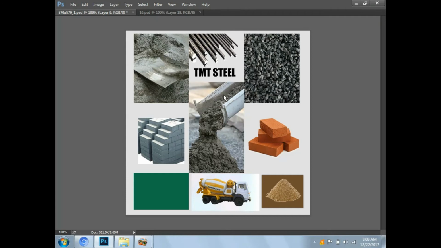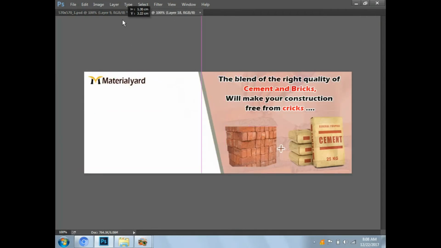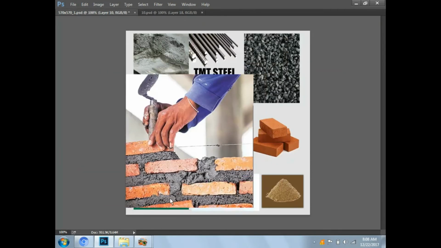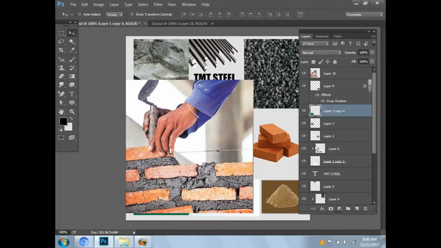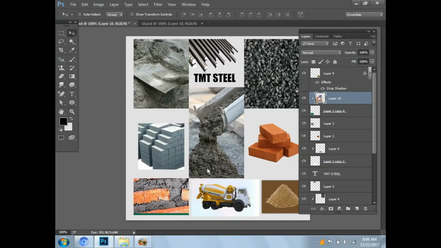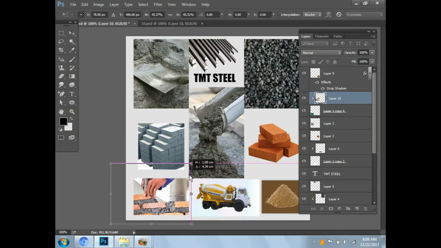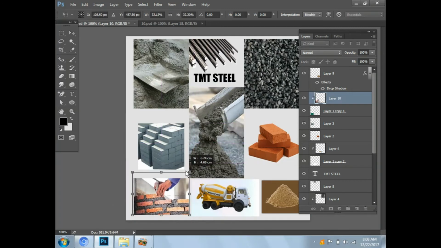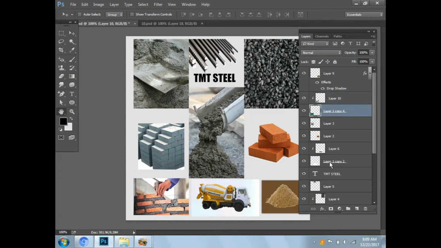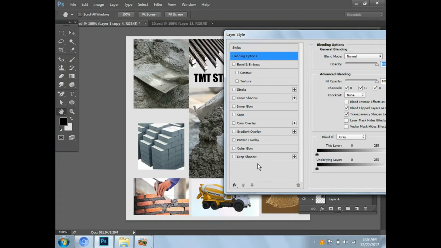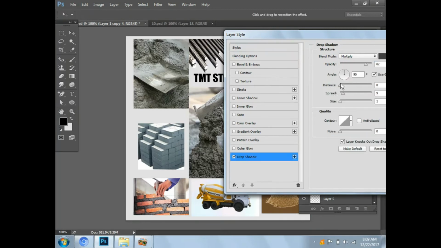Double click and apply the drop shadow. Right click, copy layer style and paste layer style.